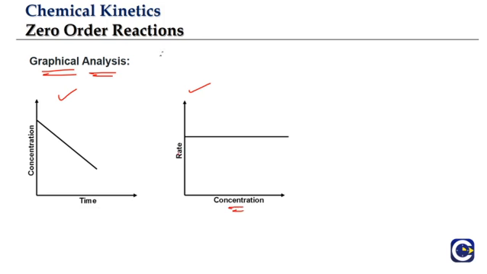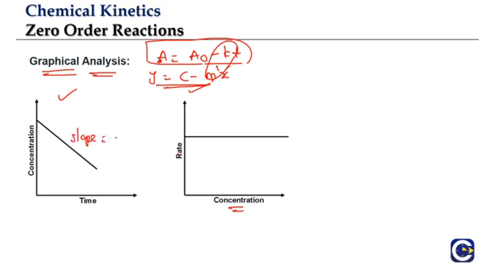So if you look at the concentration formula that we just derived, A will be equal to A naught minus kt. So this is the concentration at a time t. So y is equal to c minus m into x. This is like a straight line with a negative slope, and we can see here the negative slope value is nothing but minus k. So slope of this particular line will be minus k because the slope is going to be negative.